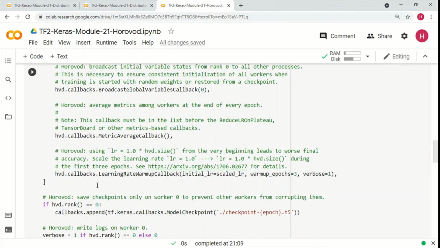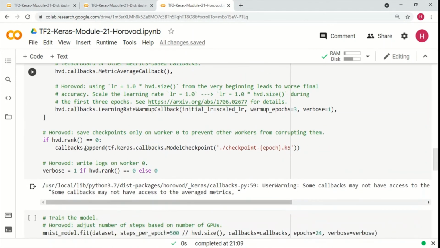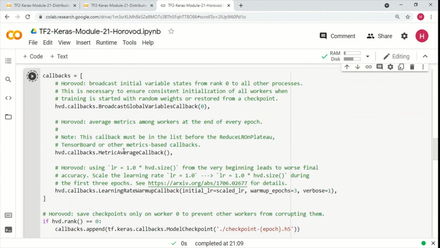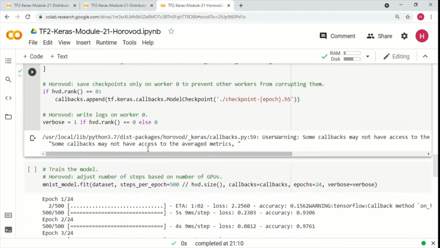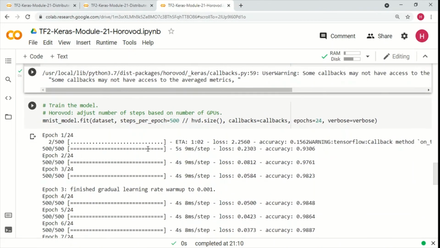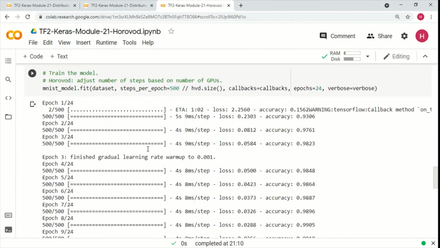Okay, and then this is where, if you remember, we had discussed this earlier, saving checkpoints only on the worker 0. So we are doing this check. If the HVD rank is 0, then only we are calling this, we are basically creating this callback over here. Okay, so we are doing these callbacks, setting this, and then the rest is simple, we just use the model.fit